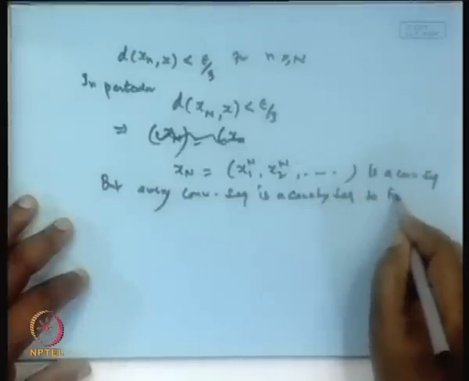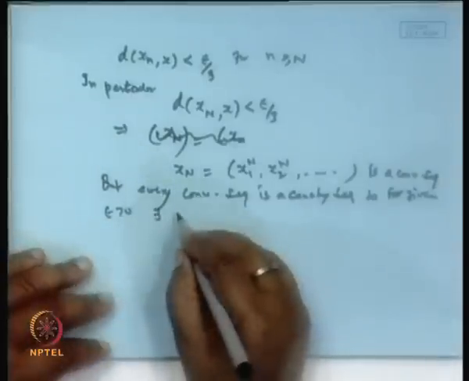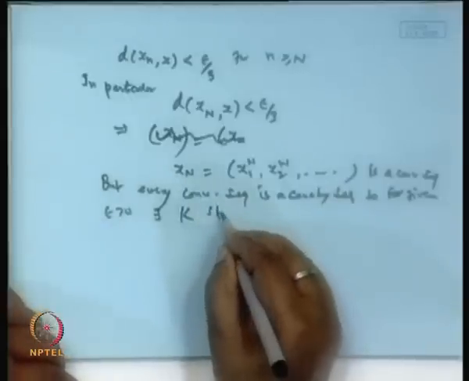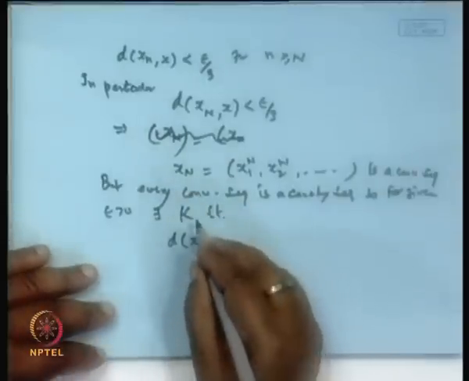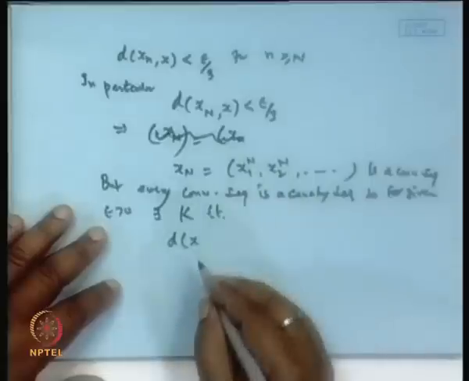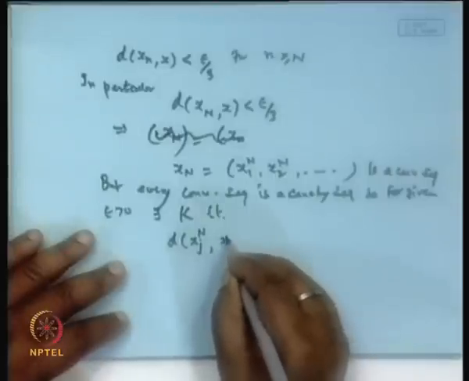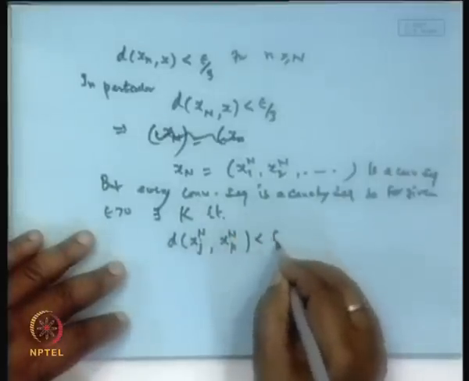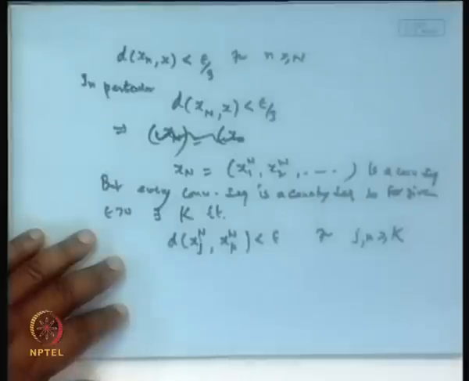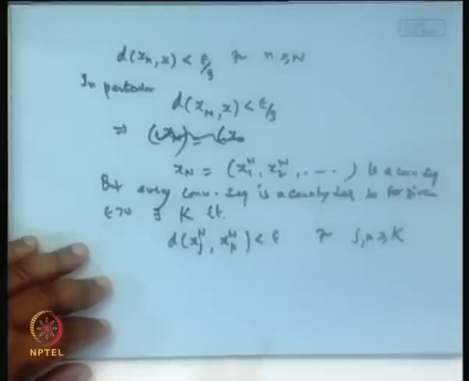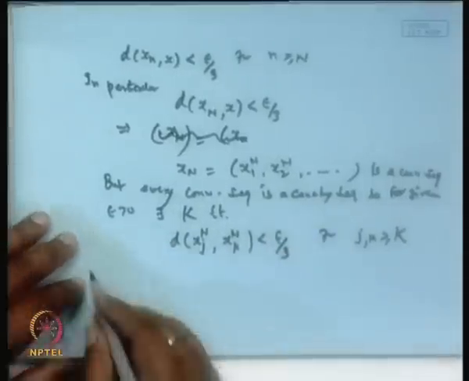So, for given epsilon greater than 0, there exists some number capital K such that, since this is a convergent sequence, we can say d(x_j^n, x_k^n) remains less than epsilon for all j, k greater than or equal to capital K. So, let it also be epsilon by 3. Now consider